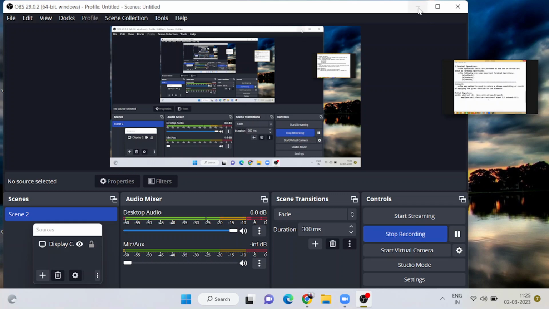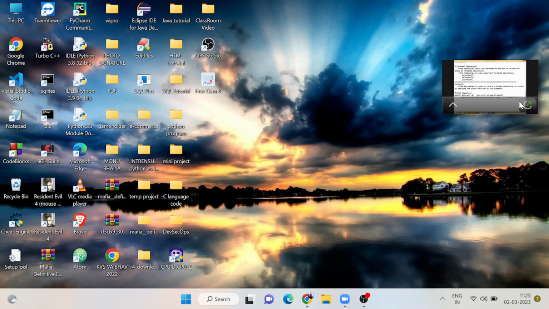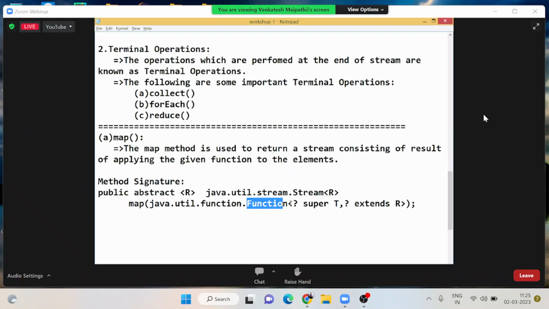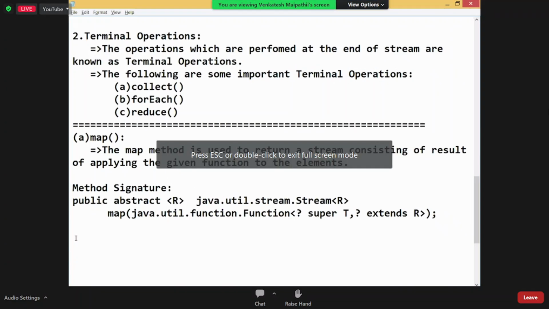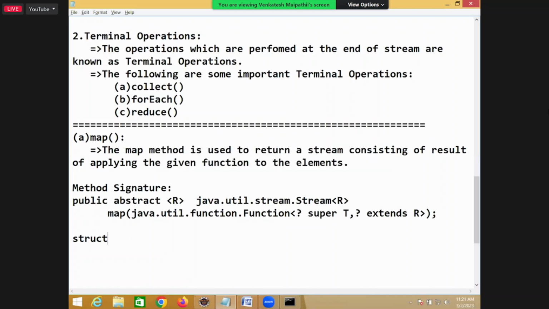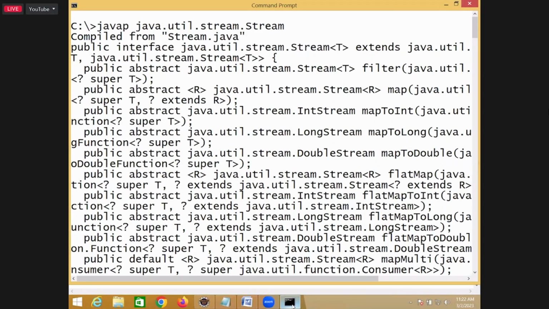A few components are available from the library. You are having one function here. I want the structure of the function. I want to see that function. Whenever you want to see the function,